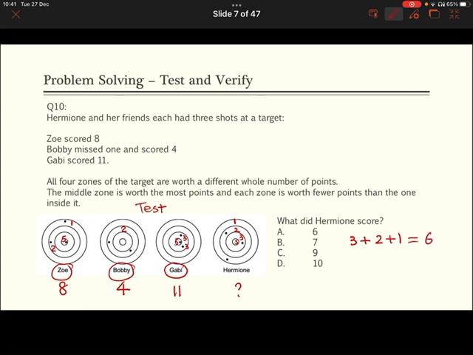Then, all right, we find the answer. It's A. So we know that, okay, our test is correct. Then after we verify, we should be more confident to say, all right, Hermione should get 6 points. Okay, then